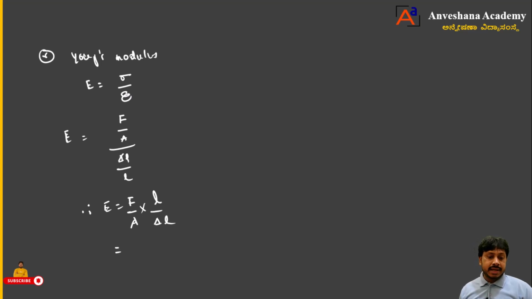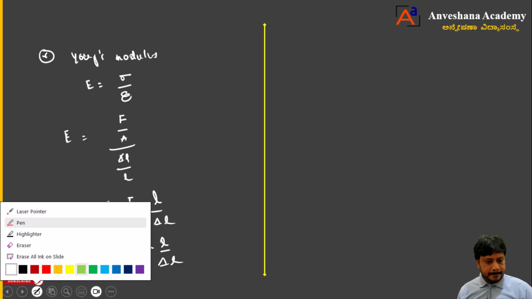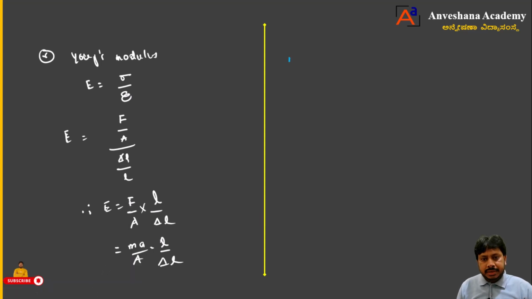Now I will substitute the dimensions here. F is nothing but what? Force, again M into A. Capital A represents area, into L, so I will write it as small l and delta L. Now I will write E is equal to, what is the M? M is the fundamental quantity for small m, that is mass, then acceleration, meter per second square. I can write it here MLT to the power of minus 2 divided by